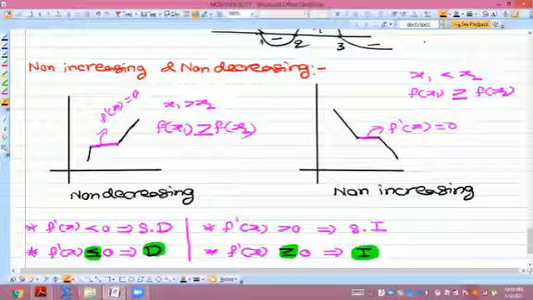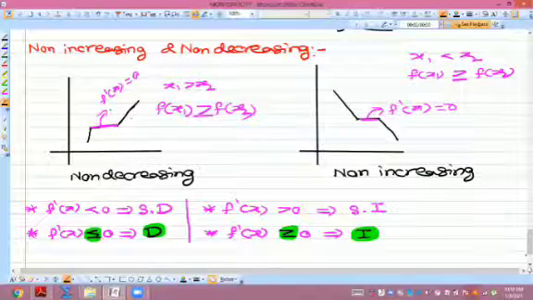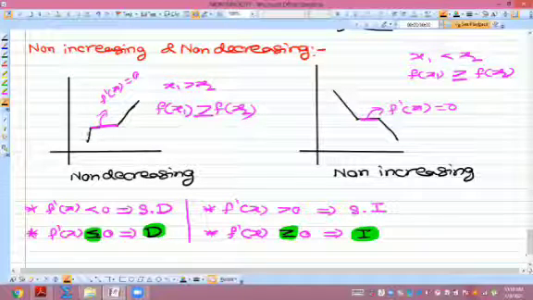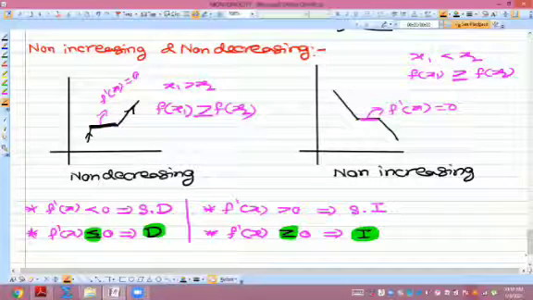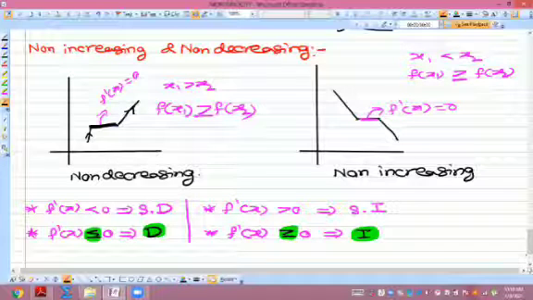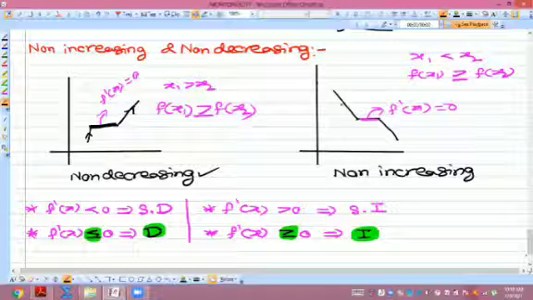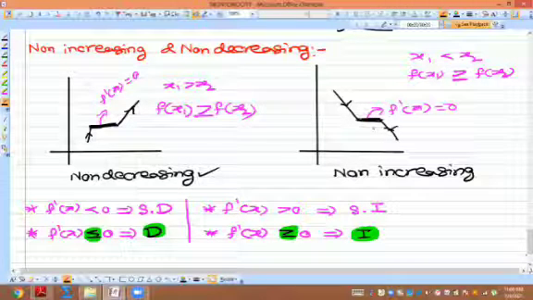Sir, can you explain this again? Observe this. By observing this graph, we can clearly say that it is an increasing function. But for some values, after increasing, it is constant. After that again it is increasing. So I can clearly say this is a non-decreasing function. Definitely decreasing is not there. Increasing is there and constant is there. Now here also you observe decreasing is there, constant, then again decreasing. Okay, got it.